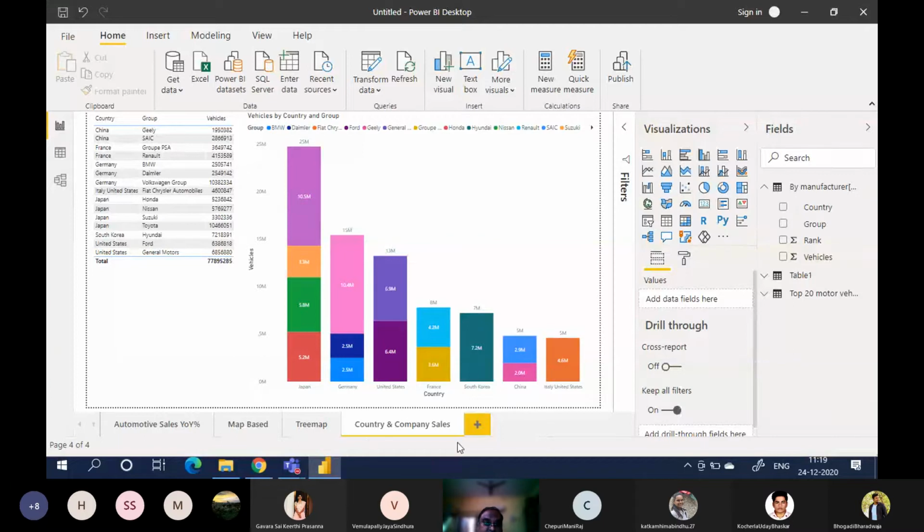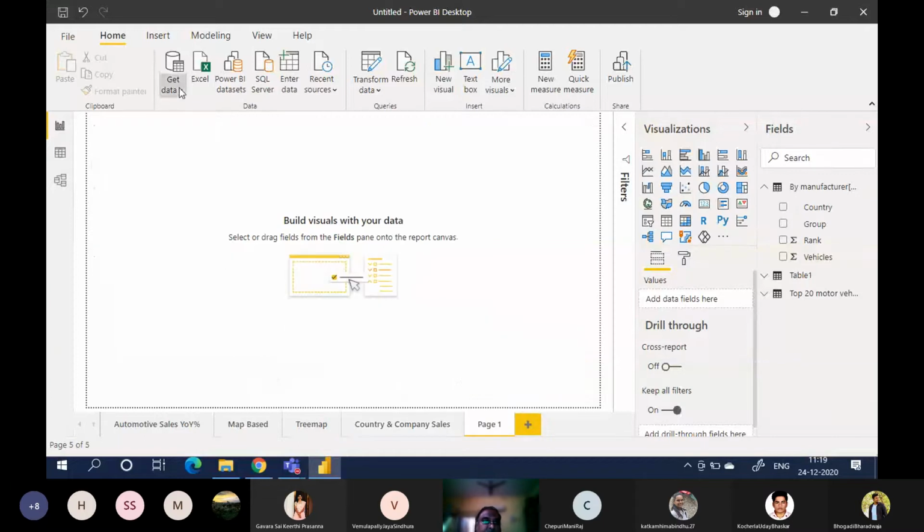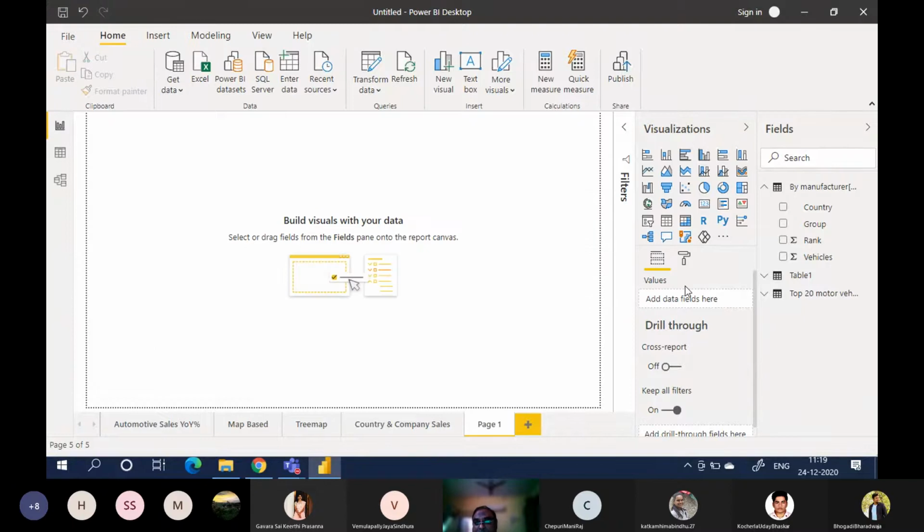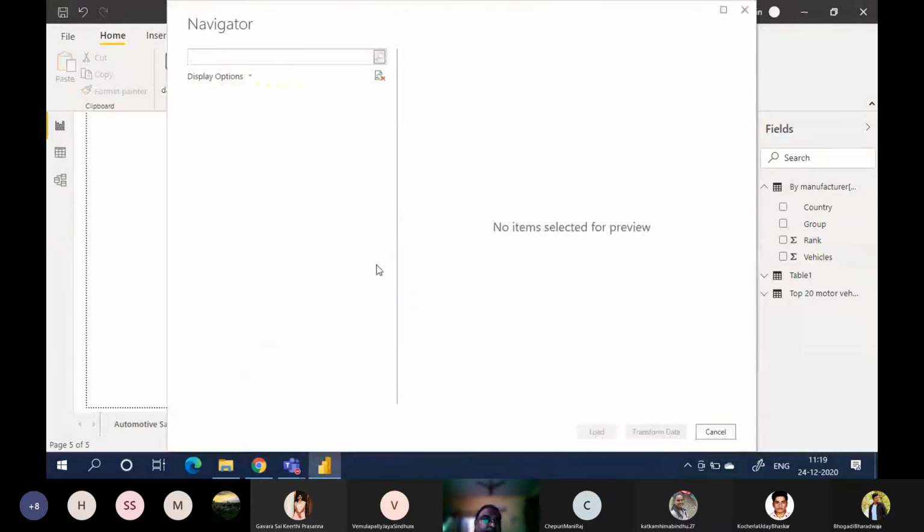Now let us see what else we can do. Okay, let's go to get data web. Control V. Okay. So we have imported tables, manufacturer, table 1, top 20 motor vehicles. So let us see what else we'll get from this.